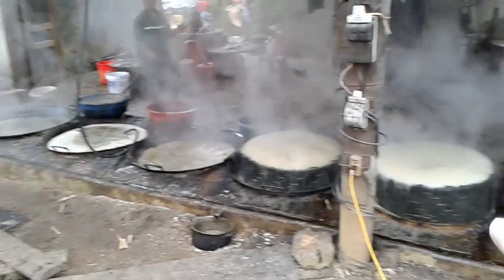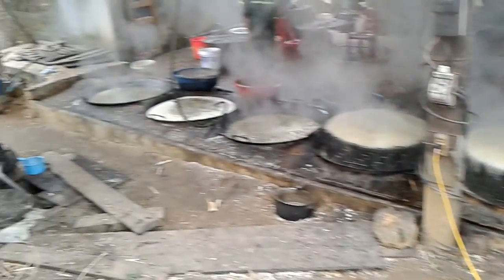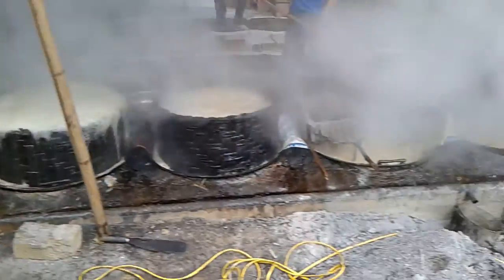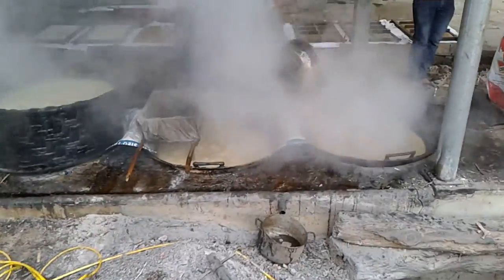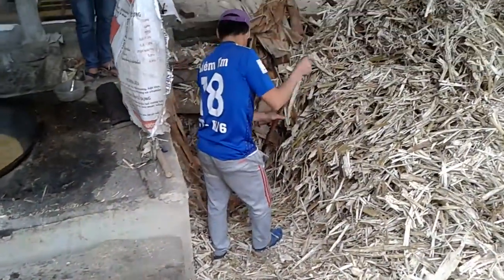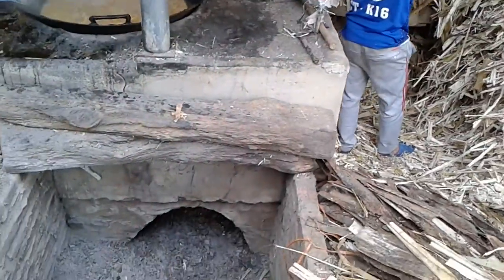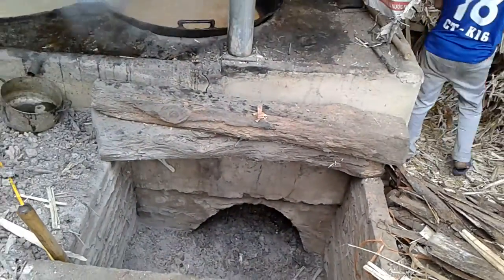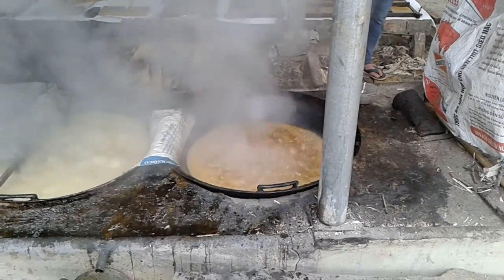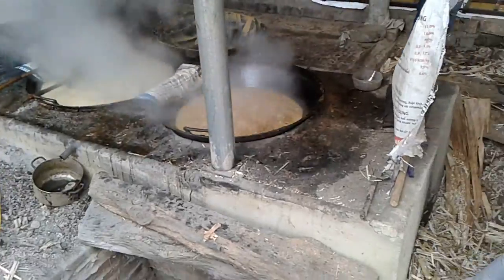these burners here. So they're different heats, I think. And so the last one is here. Oh, this guy here, he burns all the stuff here for the fire. So underneath there there's a fire. And so this is the last one to boil out all the water, and then finally they scoop it out,